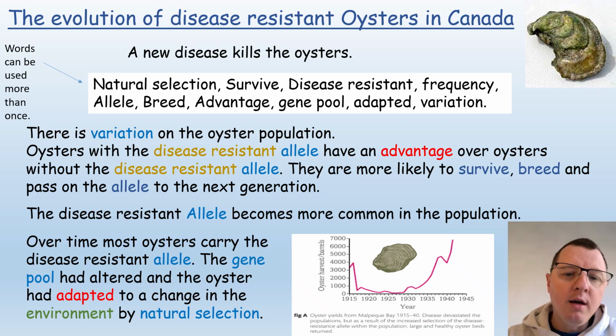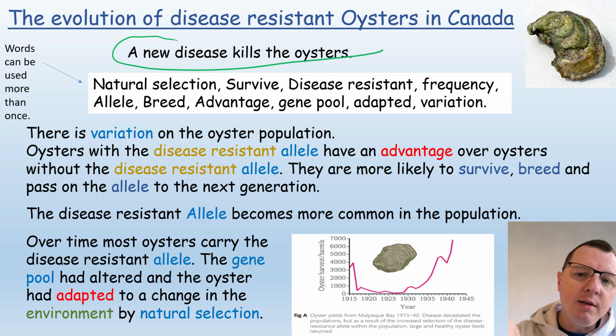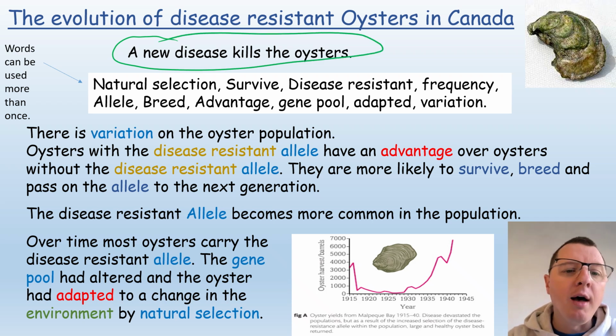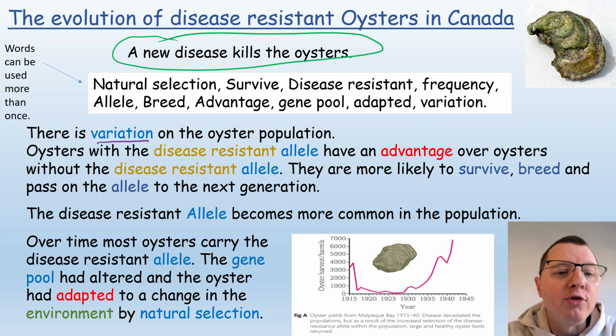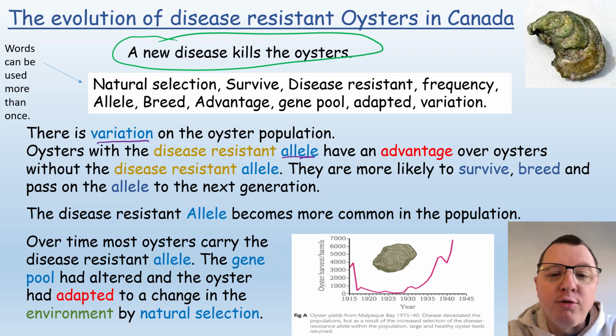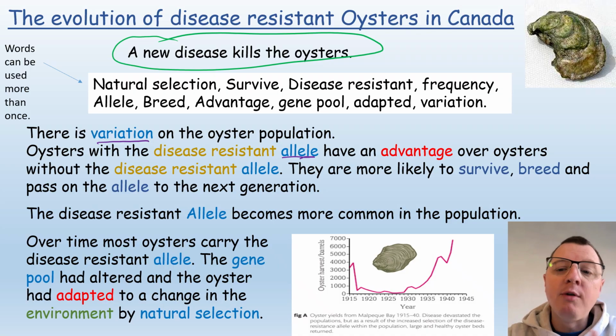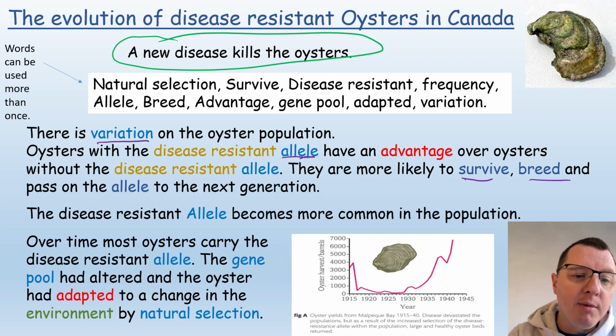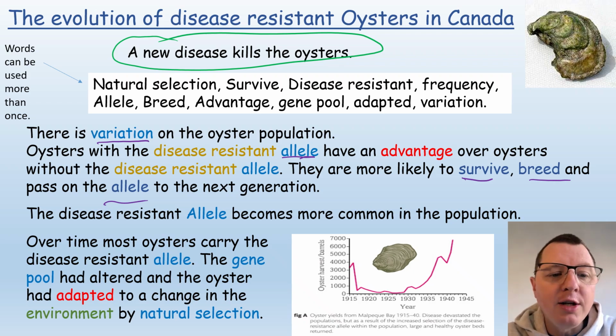So, as we've already said, we get the new disease killing off the oysters, and there is variation within our oyster population. That means some oysters will contain an allele or a gene which gives them disease resistance. The oysters with this allele will have an advantage over oysters without the disease resistance allele. They are more likely to survive, breed, and then pass on this allele to the next generation. The disease-resistant allele then becomes more and more common within the population, and over time, most of the oysters will